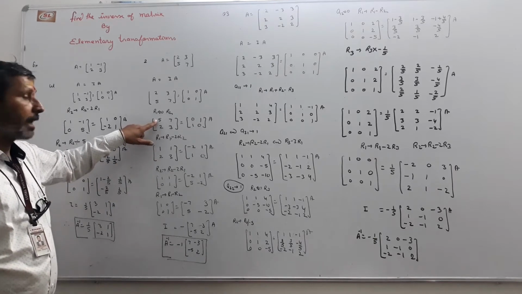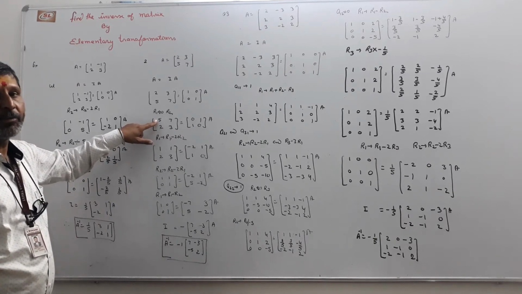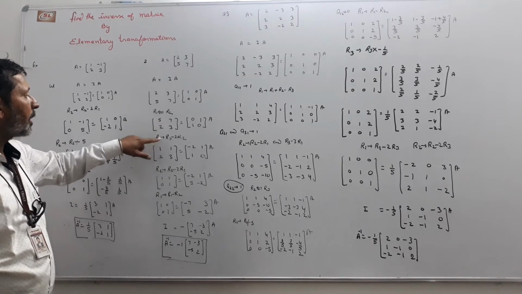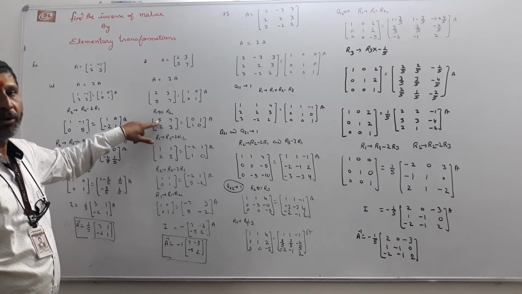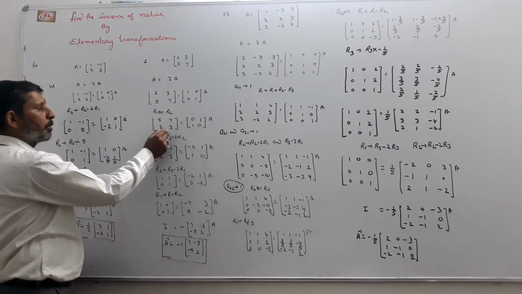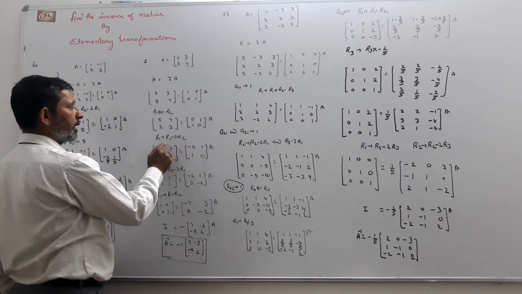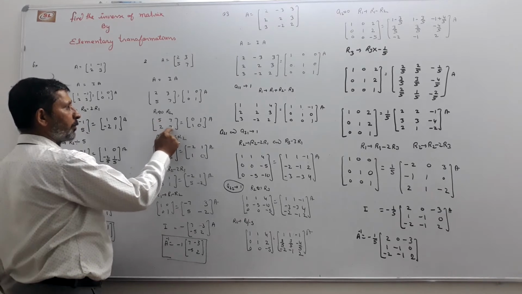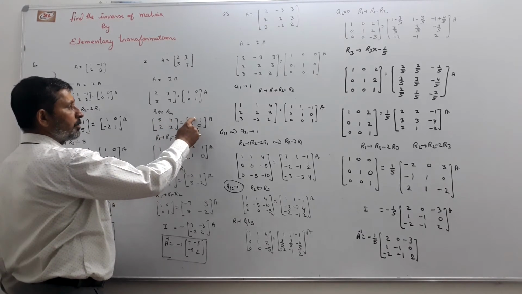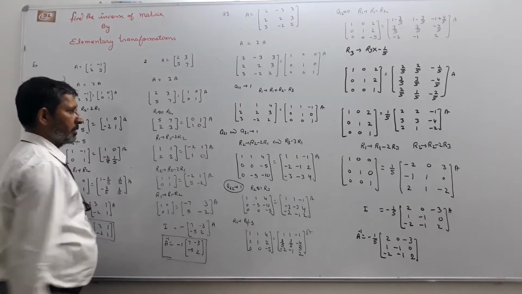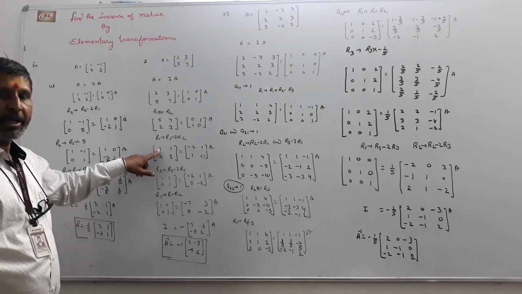Then we make A11 equal to 1. How can we change A11 to 1? R1 becomes R1 minus 2 times R2. This row is multiplied by 2 and subtracted from the first, and then we get 1, on both sides. 5 minus 4, 7 minus 6, 0 minus 2, and 1 as it is. We check that A11 is 1.